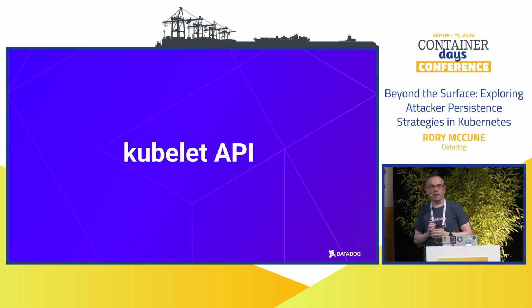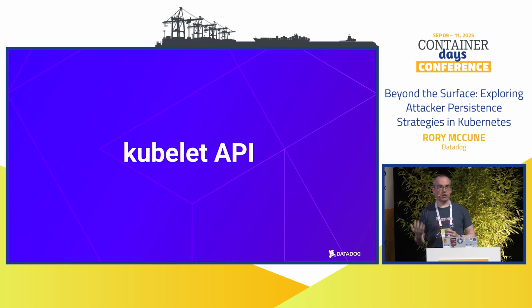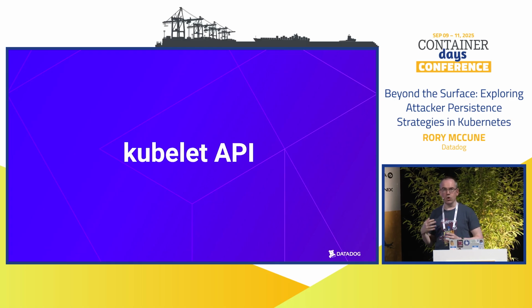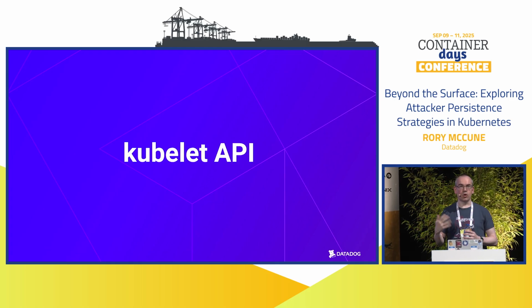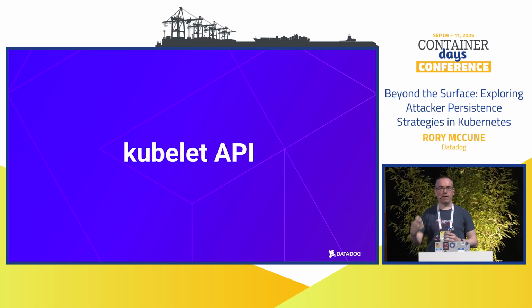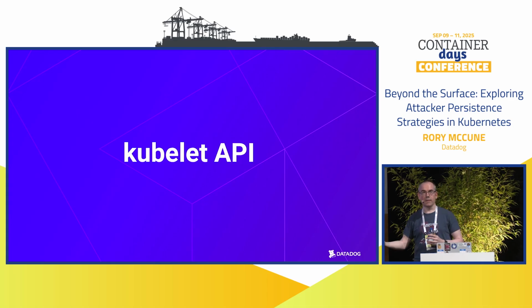So the Kubelet API, this is a slightly lesser known and not dreadfully well documented feature of Kubernetes, which is every kubelet runs an API, on 10250 TCP on every single node in the cluster. And you can talk to the Kubelet API if you have credentials with the correct permissions. So typically you need access to node proxy objects inside the Kubernetes API, the main API. If you have those rights, you can talk to the kubelet.